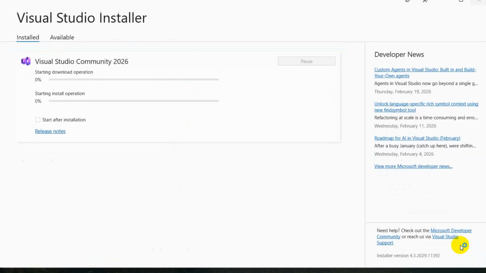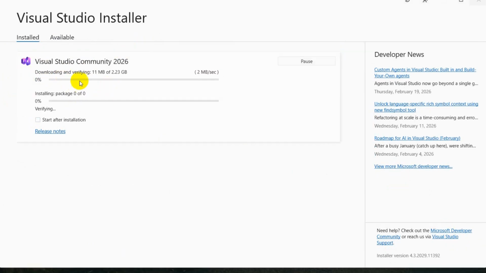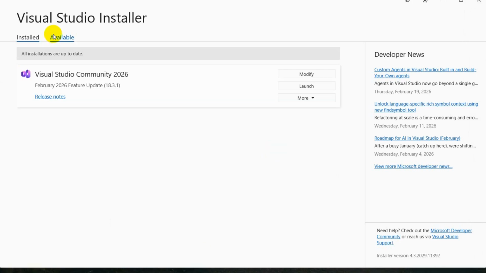So I'm going to click here, install, and it will start installing and downloading some files and packages from the internet. Then it will start installing those packages. This will take some time since it is more than 7 GB, so right now I will just fast forward the video. So here you can see it is done. Right now I am going to click on launch.